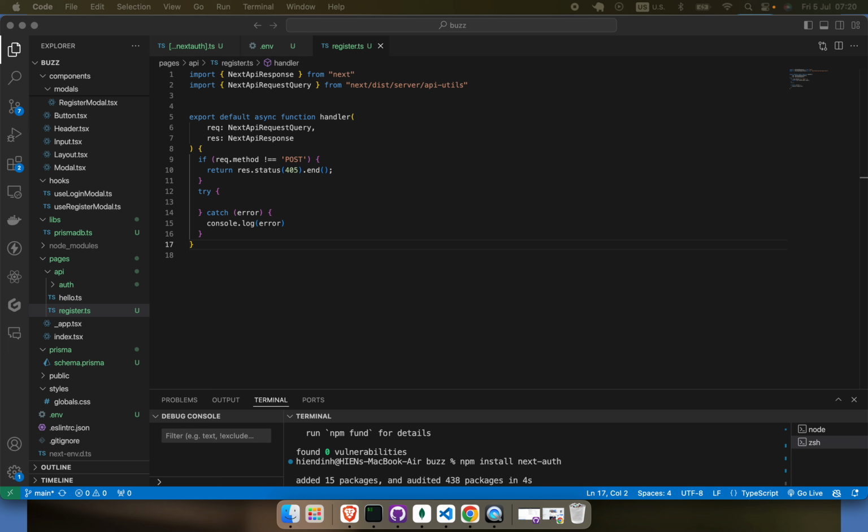So const email, username, name, and password from request.body, because that's what we are going to send, if you remember,